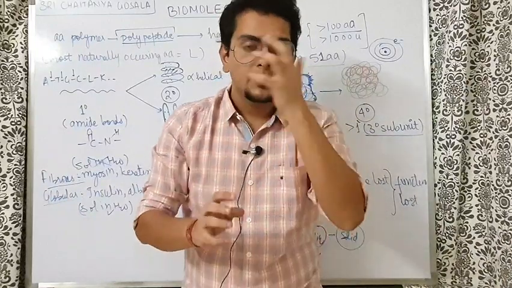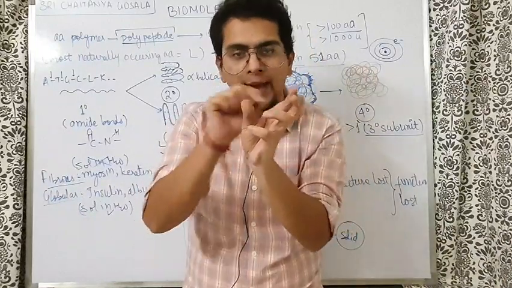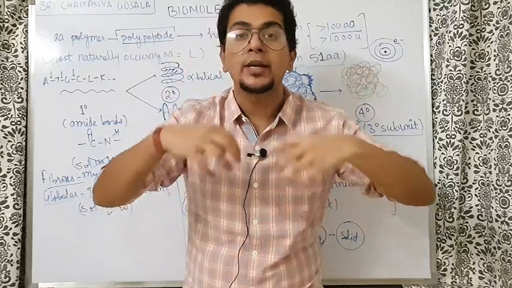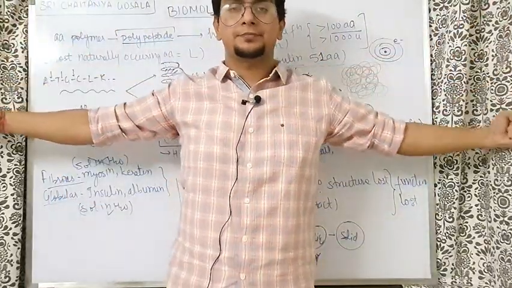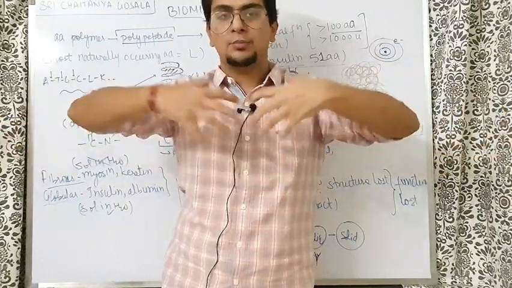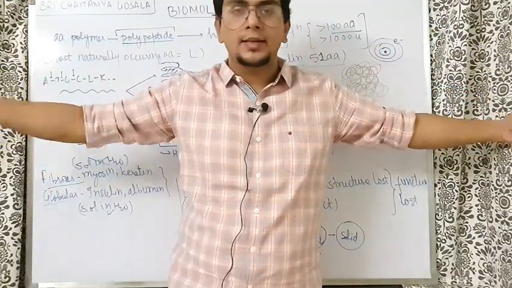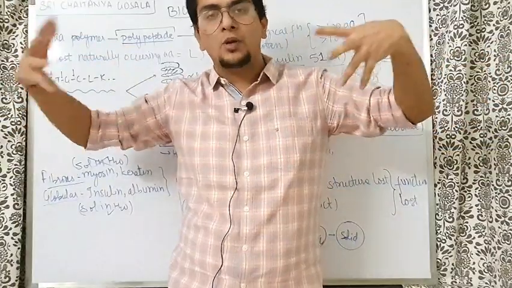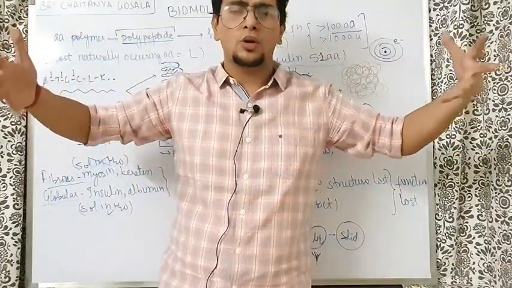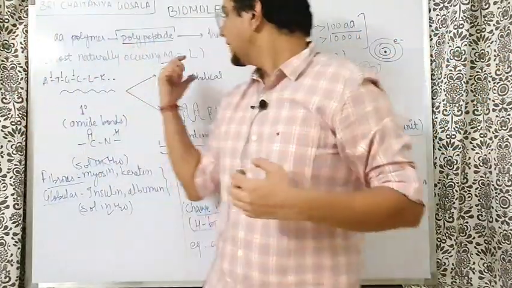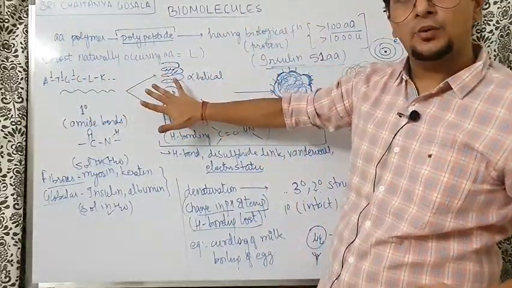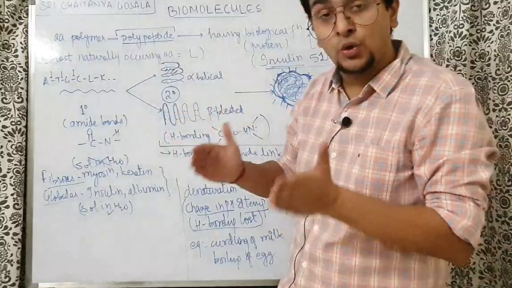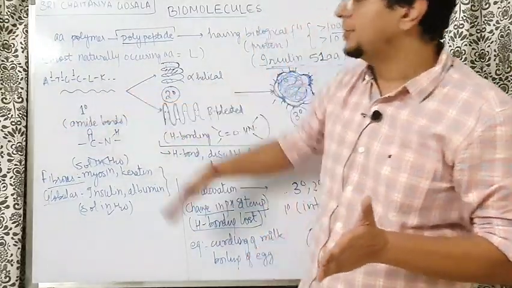So understand, the egg has liquid inside. When you heat it, what happens? The tertiary and quaternary structure opens up. All the hydrogen bonds are broken. Water is there. Then what happens? When it cools down, or maybe even without cooling, as the protein opens up, the water comes in contact with almost all the amino acids, and water shows hydrogen bonding with each and every amino acid now.